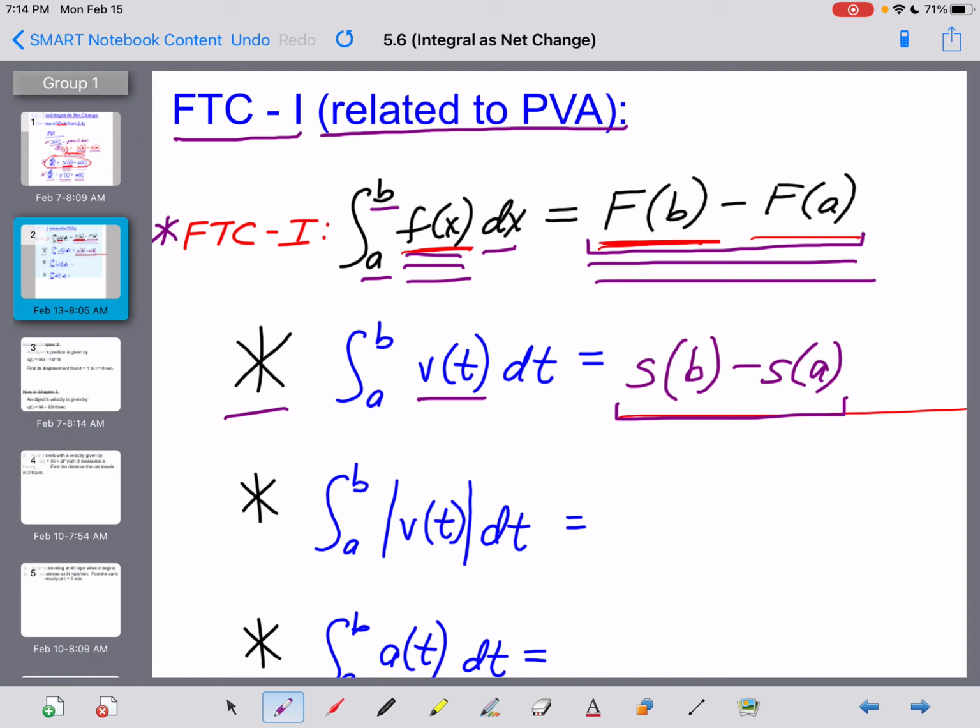So, as fun as it was for me to put that asterisk right there, let me get rid of that, and let's make sure we write this down. What we just found, everybody, is a formula for the displacement of an object on an interval of time from A to B. The displacement of an object is found by taking the definite integral of its velocity function from A to B. And I suppose technically it would have made more sense if I put the equals delta S at the end of that,